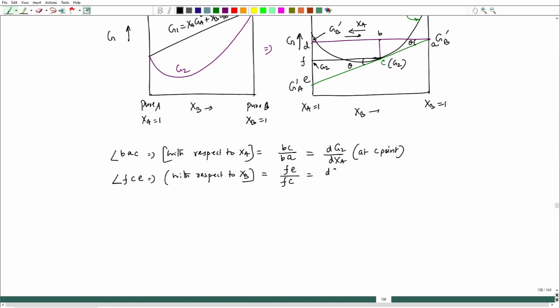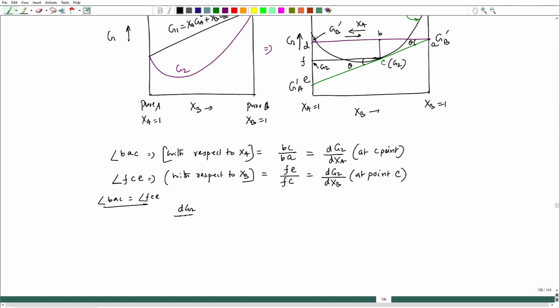So, this is nothing but dG2/dXB at point C. Okay. So, now I can see that both the angles are similar, so these two are equal. Fine. So, then I can write